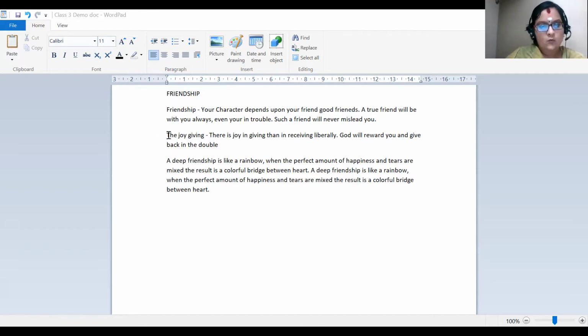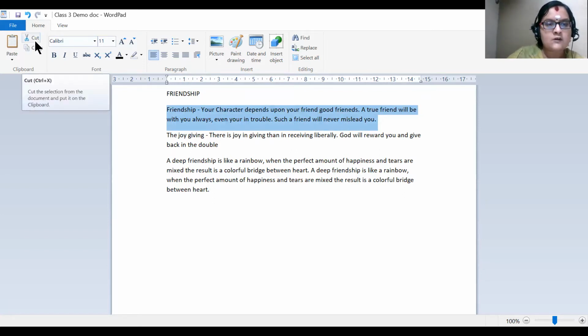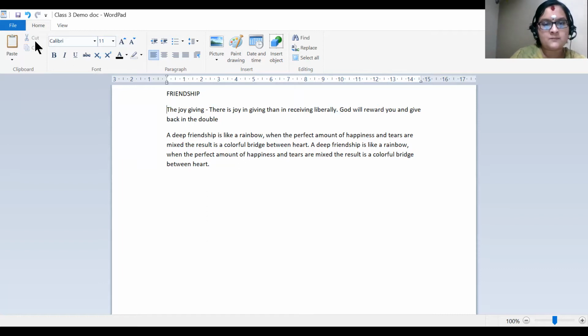Okay. So what I'm going to do is that now, first of all, we need to select the text. Okay, I'm selecting this entire text and I'm going to cut it since we have to remove that from that place. Okay, so I'm using cut or the shortcut key Control plus X from your keyboard. So what did you observe? The paragraph got removed. So the same paragraph, it was on the top and we wanted to bring it down.